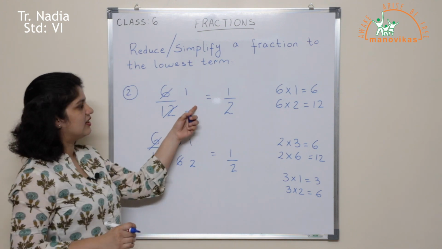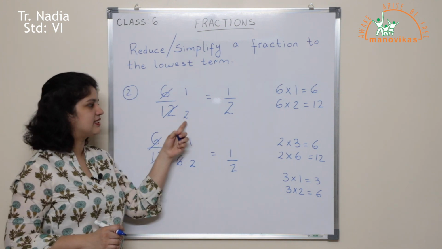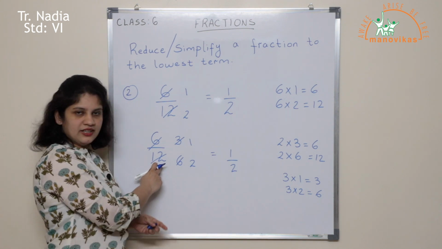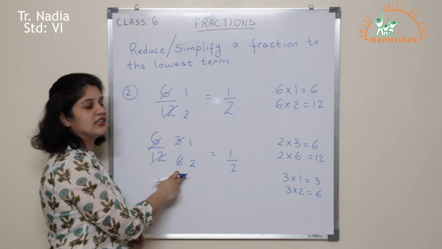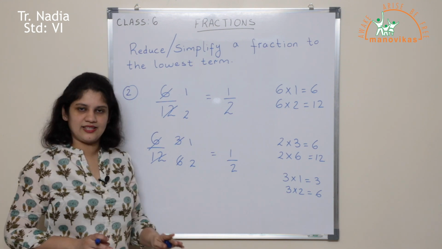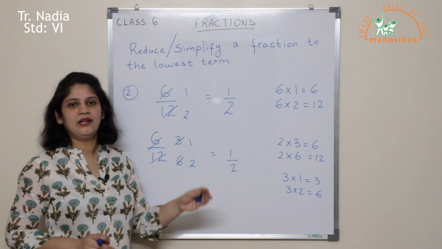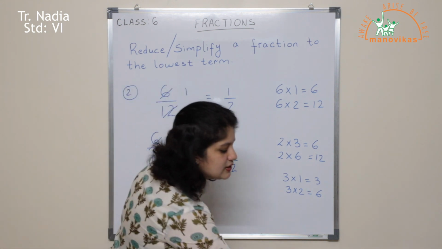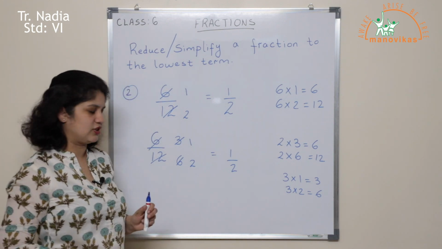So here I have done the reducing in one step by using the 6 times table straight away. Here I used the 2 times table first and then again I reduced it further using the 3 times table. So in either case the answer is the same. So you can use any table to reduce a fraction to a lower term. So this is what we call reducing fractions.